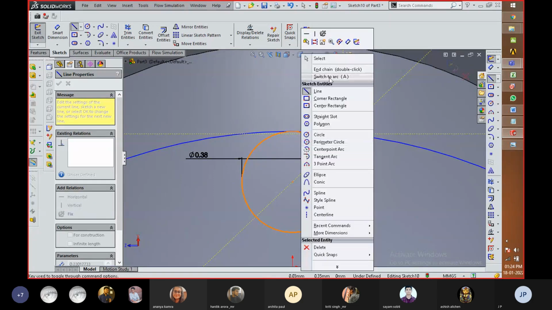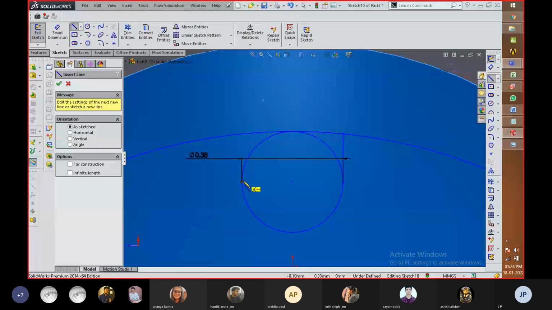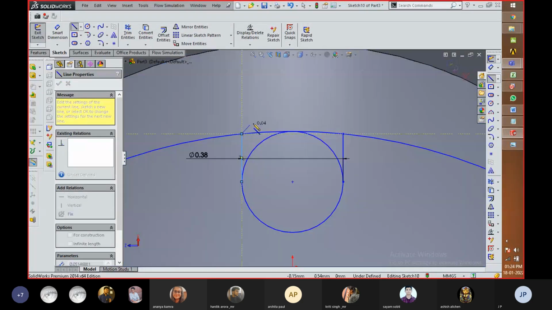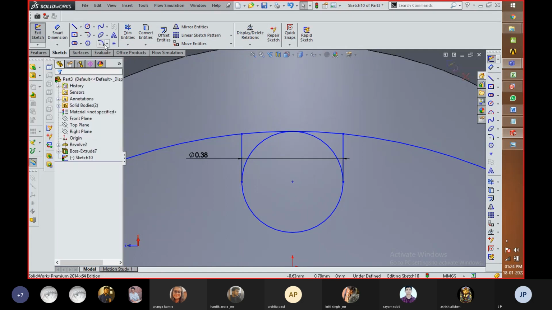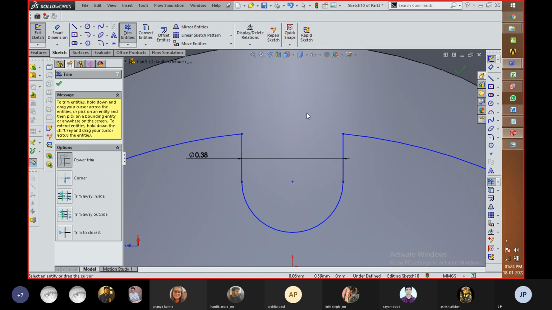Select the line command, go for the line command, select, and then trim the remaining part. Select power trim.